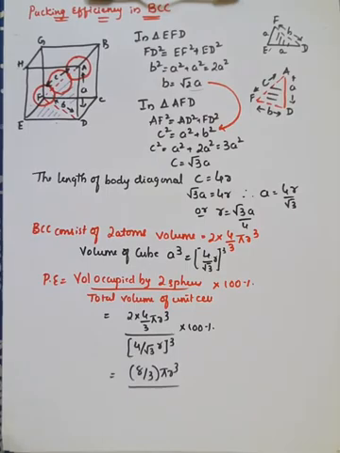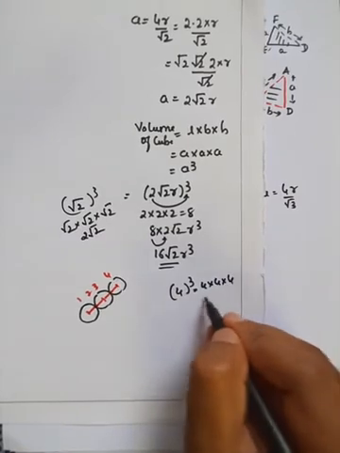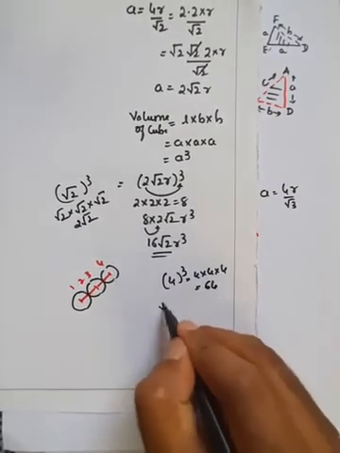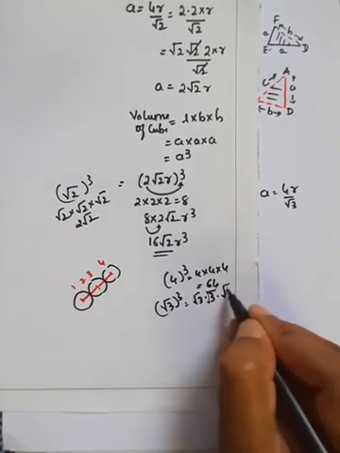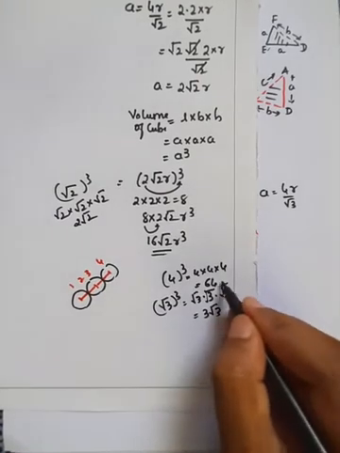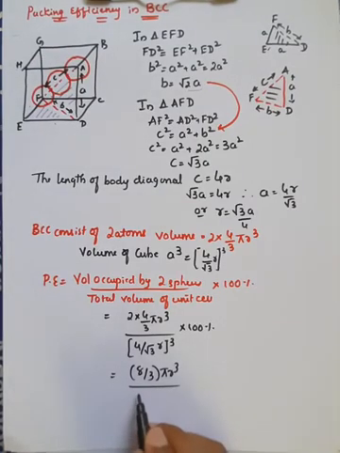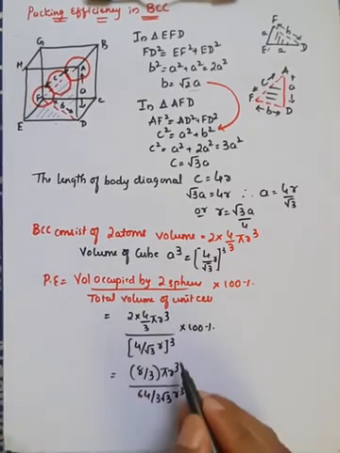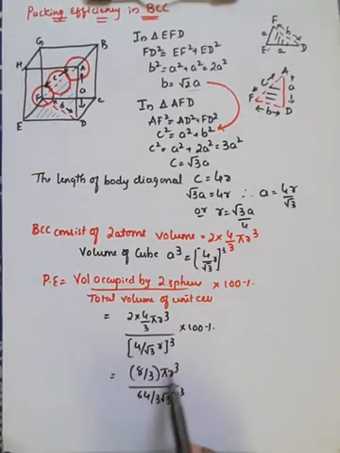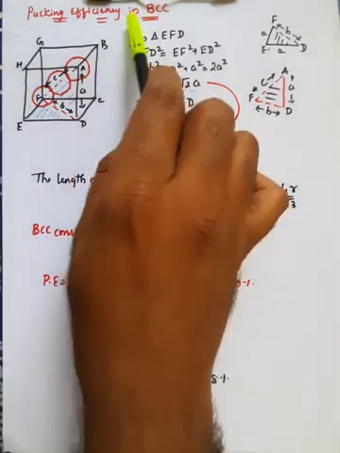So if you make 4 cube, that is 4 into 4 into 4. 4 4s are 16, 16 4s are 64. Again root 3 cubed will be root 3 into root 3 into root 3, that is equal to 3 into root 3. So if you multiply, 64 into root 3, that is 3 root 3, that will be equal to 64 divided by 3 root 3 into r cube. Further, if you cancel r cube and r cube, and put the value of pi, the total value is equal to 68%. Don't worry about the calculation, you can directly remember that it is 68% in case of body centered cube.